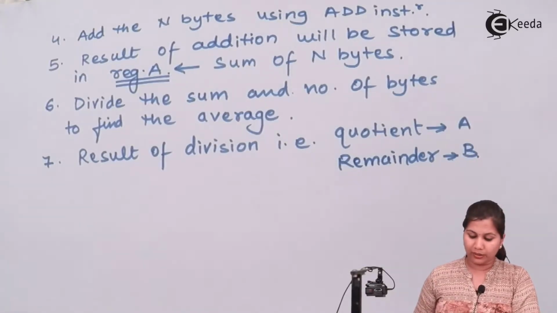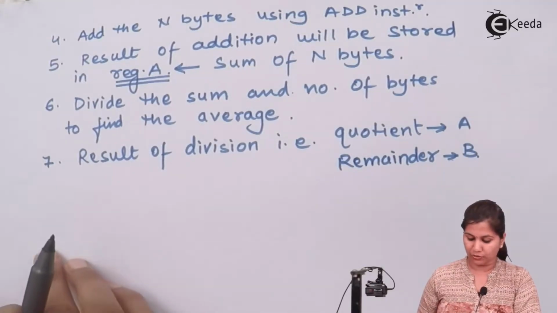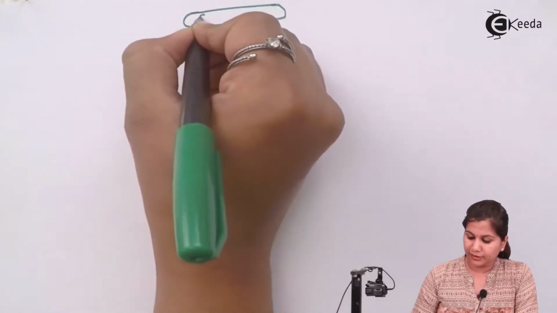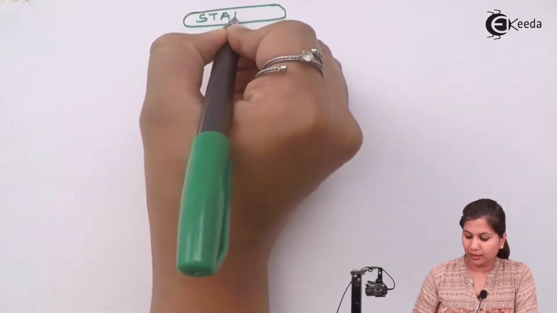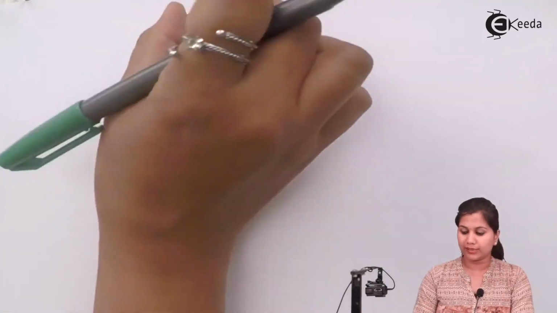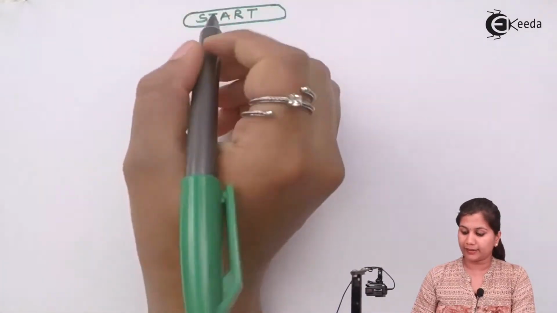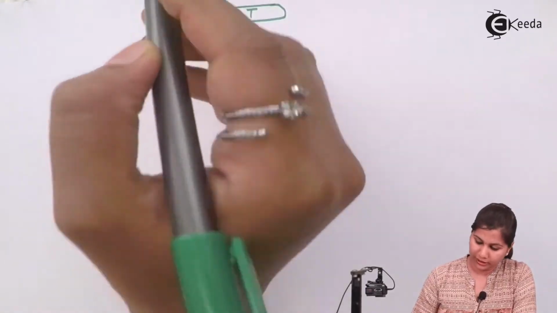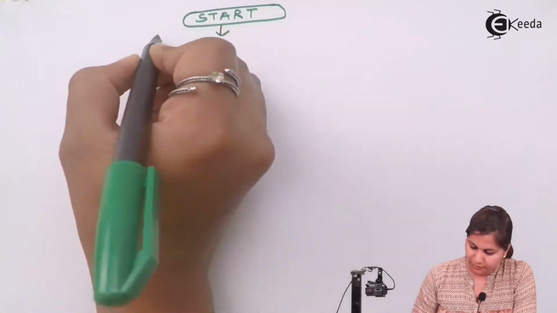Now let's draw the flow chart of this program. In a flowchart, the first step is the start. Every flowchart will begin with the start block, and this start is shown in an oval shape block. After that,